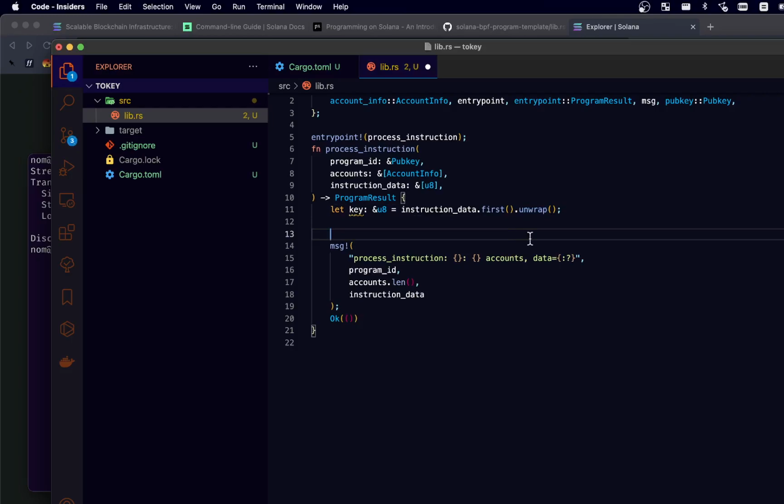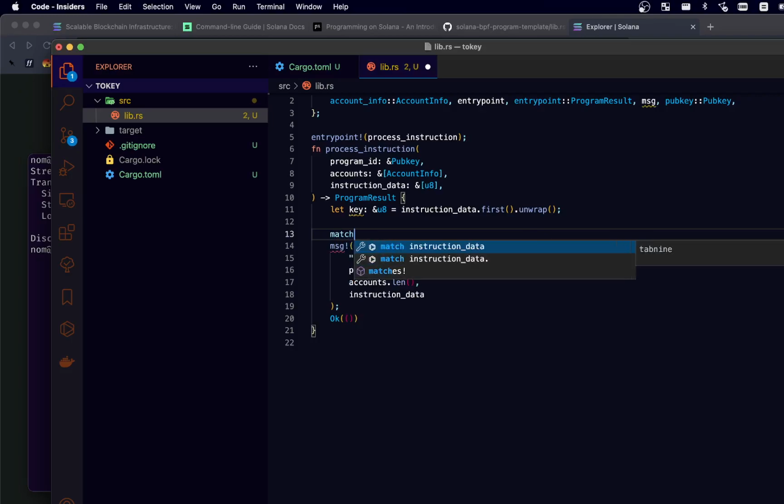This is the same with all Rust. You only use it in messy code that you're just trying to work out what's going on. Never push production code, or never push code that other people are going to use with unwraps. It's very impolite. Anyway, so if I match on this key,